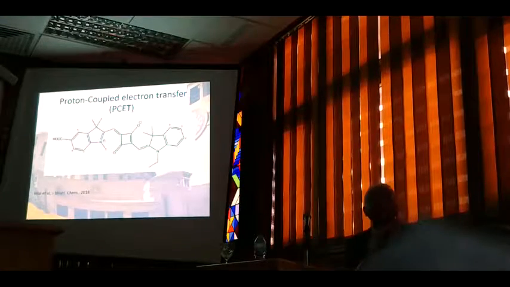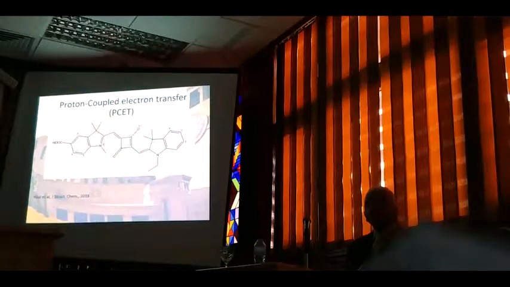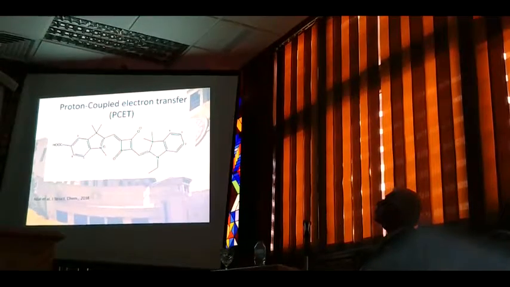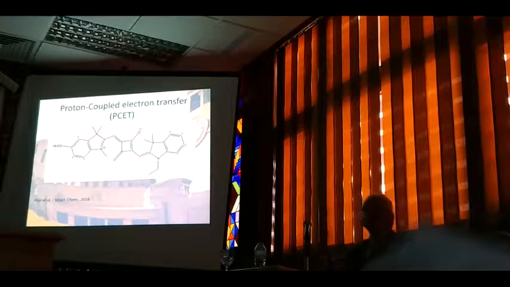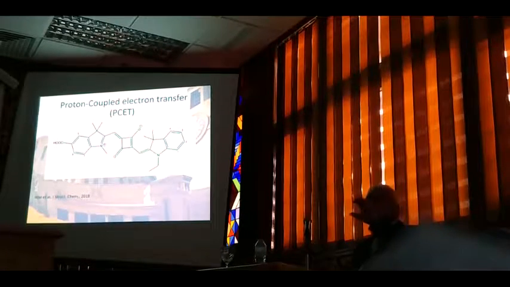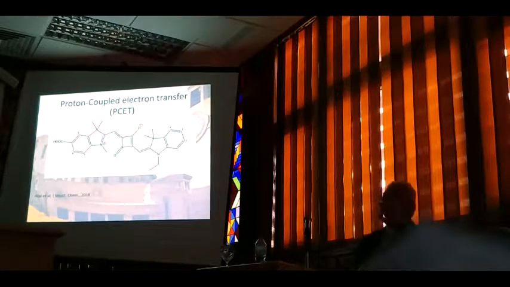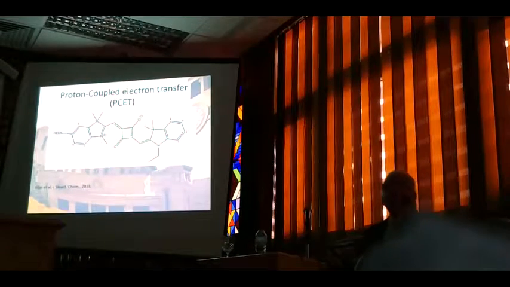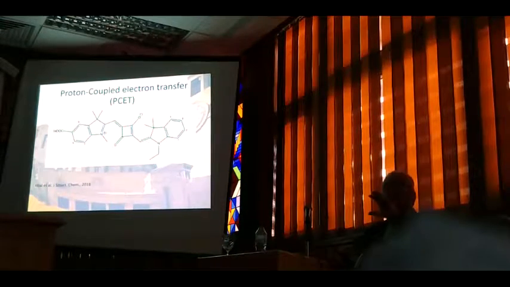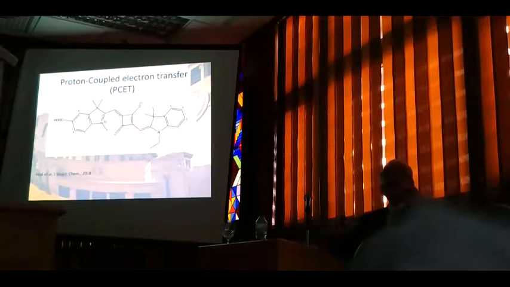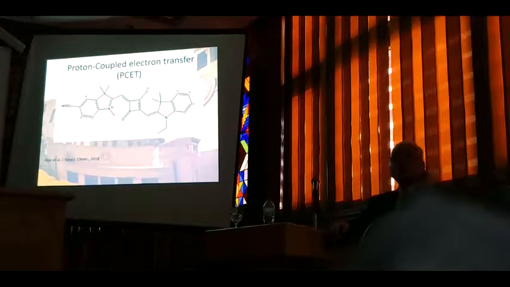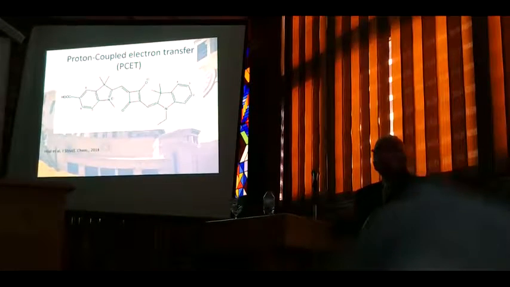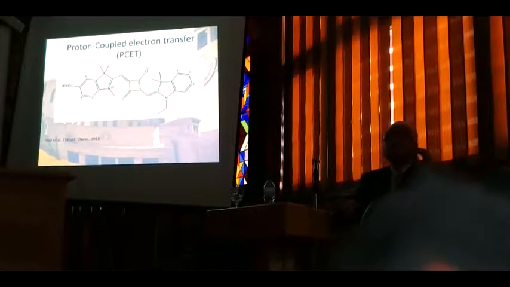We want to examine a very basic idea, and this very basic idea is the proton-coupled electron transfer reaction. What happens is when the anchoring group approaches the surface, two processes take place. First of all, a proton transfer. The proton of the carboxylic group is transferred, and now the carboxylate anchors to the surface. This is one process. The second process is the injection of the electron. The question is, which is first?